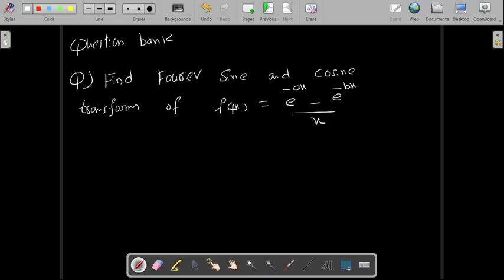Whose Fourier transform? The sine transform of f of x, the cosine transform of f of x, we have to find out. So we have to find the Fourier sine and cosine transform of f of x. Hence, he mentioned a result. Hence, deduce that